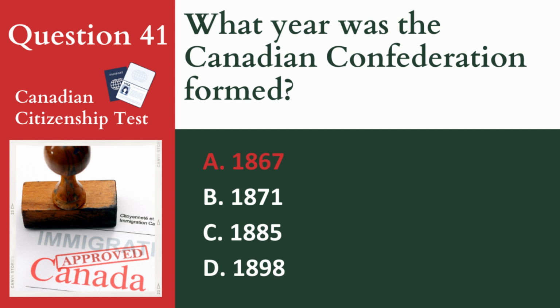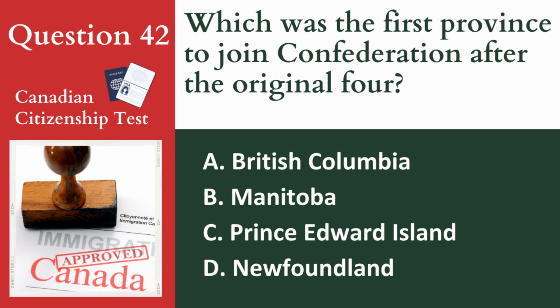effect. Question 42. Which was the first province to join Confederation after the original four? A. British Columbia. B. Manitoba. C. Prince Edward Island. D. Newfoundland. Answer B. Manitoba. Manitoba was the first province to join after the original four, becoming a province on July 15,